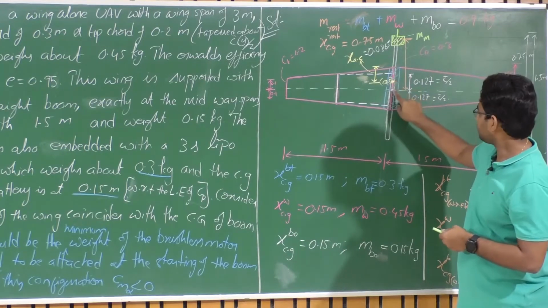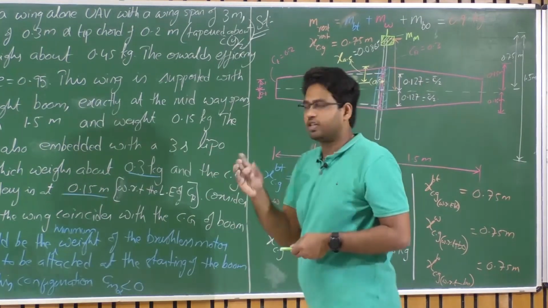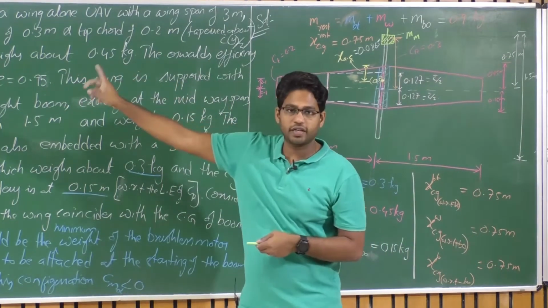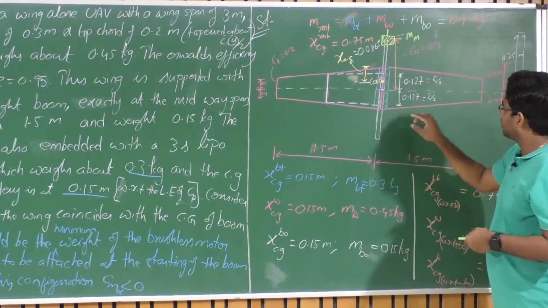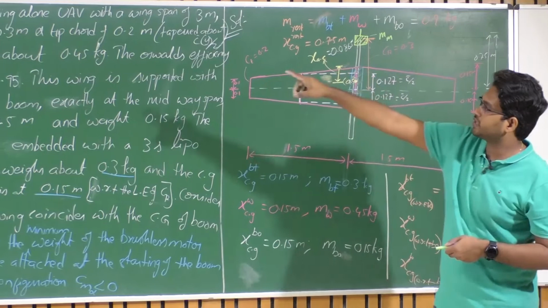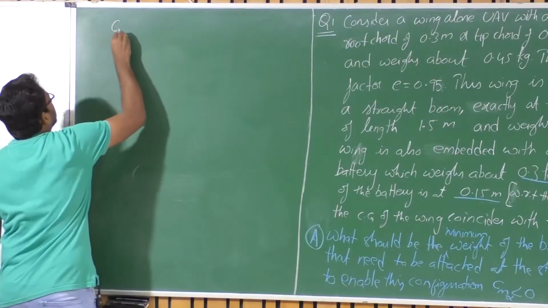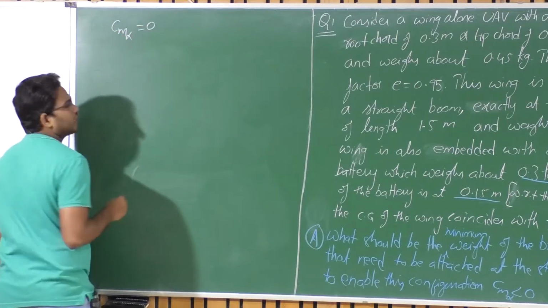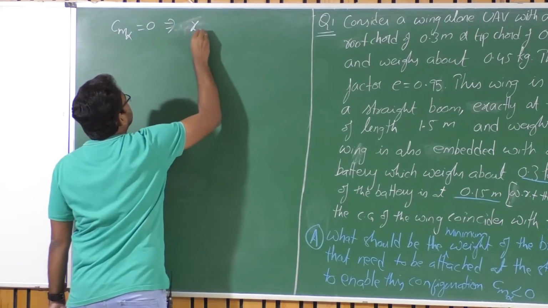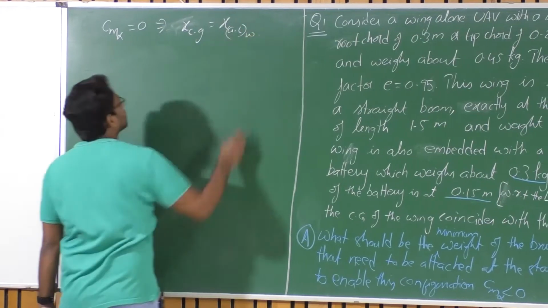Am I correct? So first, if we find that any mass more than that, we'll try to shift the CG ahead of the aerodynamic center, which makes that particular CM alpha negative for this configuration. So I will first find the boundary condition that makes the CG coincide with the aerodynamic center with the motor. So for CM alpha to become 0, this implies XCG should be XAC of the wing.